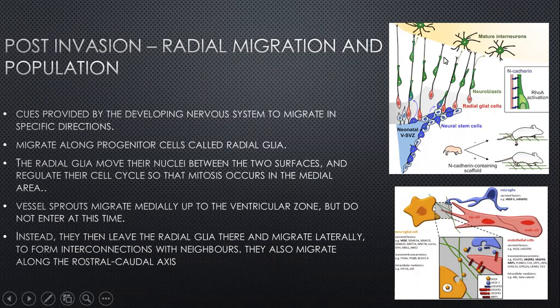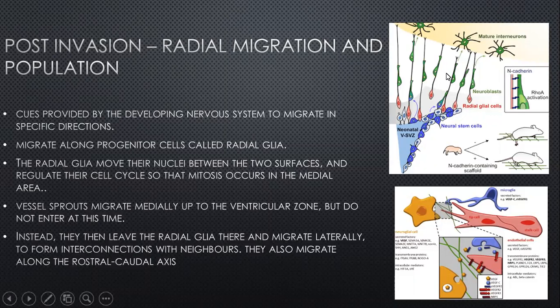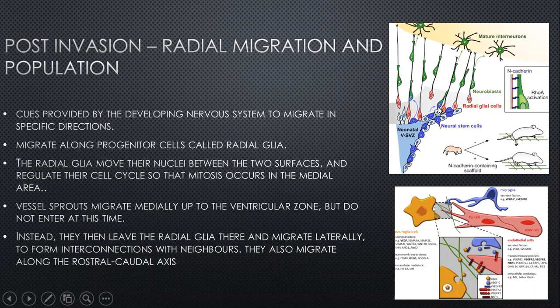But these glial cells also have a very relevant function in allowing the developing endothelial cells, remember, they are on the outside, they have yet to invade, and then they allow the migration of these endothelial cells towards the ventricular zone. And over here, the endothelial cells will proliferate, and from there they will then radiate again back towards the outer surface, but also tangentially and longitudinally, to then subsequently form the entire vascular structure.